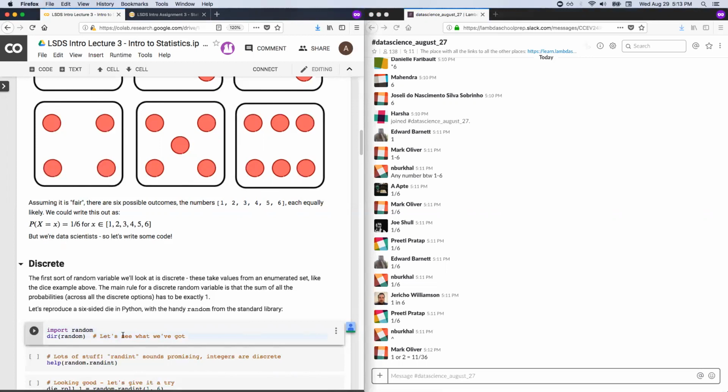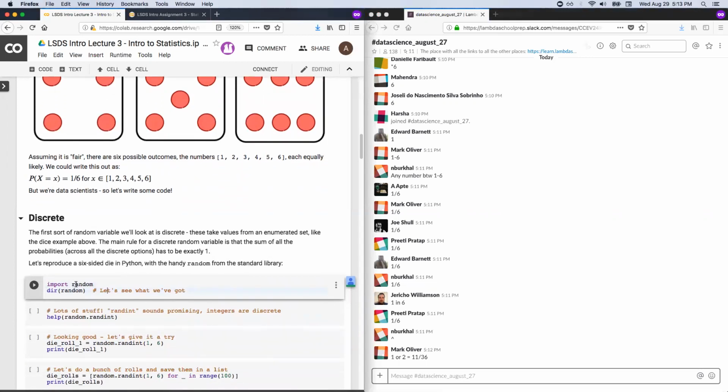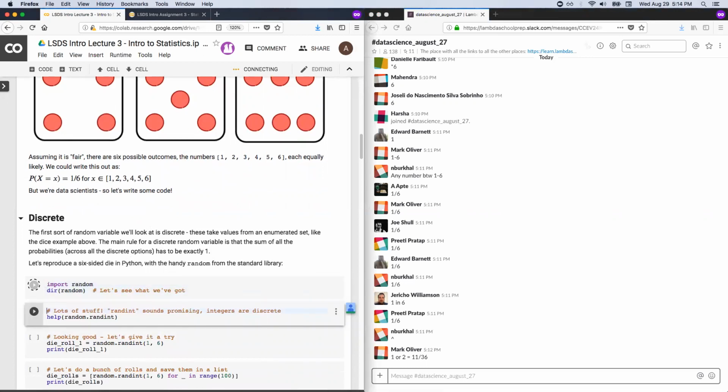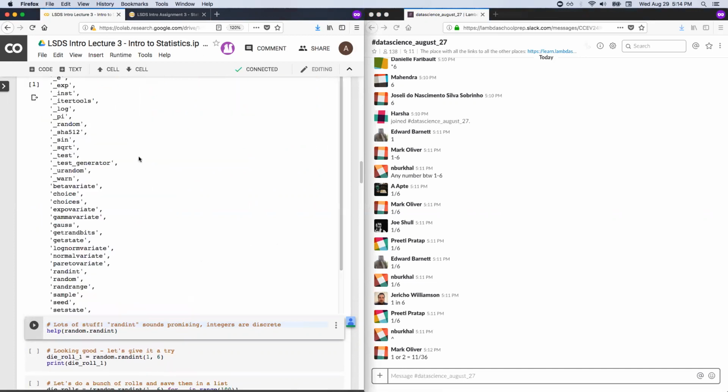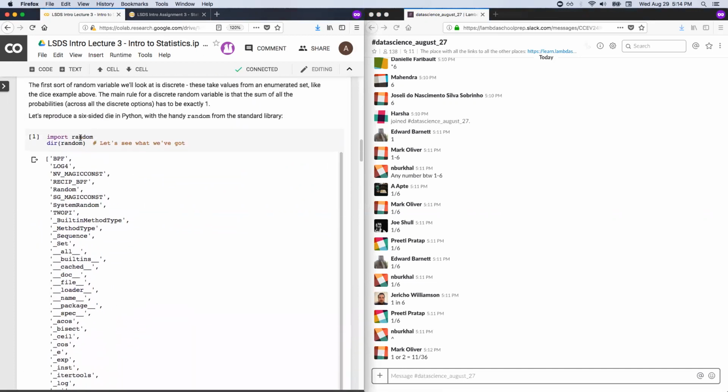Let's reproduce this in Python. We're going to start with a handy thing in the standard Python library called random. Oh, it's spinning up the instance for the first time. There it goes. And what I did here is I imported it, and then I used a function I use all the time in a Python REPL, which is called dir. And dir lets you look inside something and tell you sort of what lives there. The computer science term is we're looking at the scope or namespace of this object. That's all we're really saying.